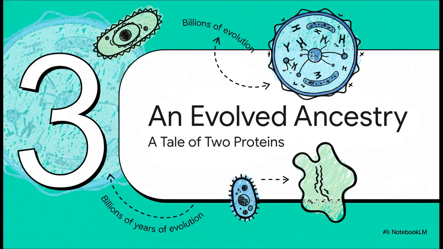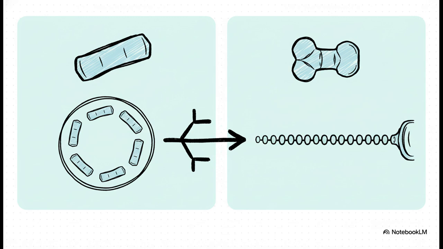So how in the world did eukaryotes solve this massive organizational problem? This right here is where the story gets really, really cool. It turns out nature didn't invent a totally new tool from scratch. Nope. Instead, it repurposed that ancient one we just met. It's a tale of two proteins, separated by billions of years of evolution. So here they are. On the left, you've got FtsZ, the prokaryotic ancestor. And on the right, its direct descendant in eukaryotes, a protein called tubulin. Now, tubulin is the fundamental building block of the complex machinery that meticulously separates chromosomes in our cells.